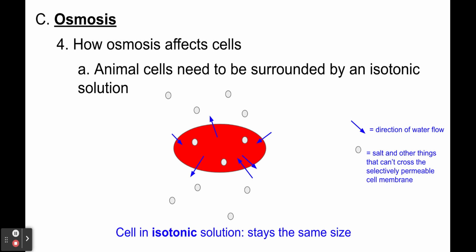Water molecules are always moving, they're always flowing. So they're going to flow into the cell and out of the cell at the same rate. And the cell is going to stay the same size. This is what we want. We want all the cells in your body to stay the same size because